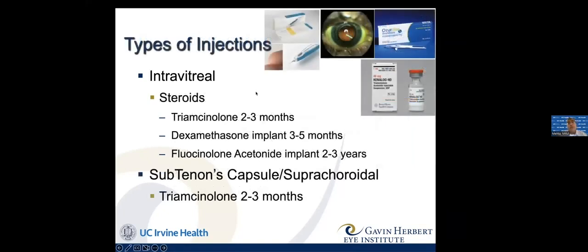We also inject steroids in and around the eye. These different steroids we use sometimes can last for different lengths of time, but they also have different side effects. And side effects are an important thing to talk about when we talk about any medication. So when we're choosing a medication, we have to weigh the risks and benefits of the medication. And some of them, the benefits are pretty significant. Like the fluocinolone acetonide implant can last 2 to 3 years from a single injection. However, it is something that's going to be in your eye forever unless it gets removed with surgery